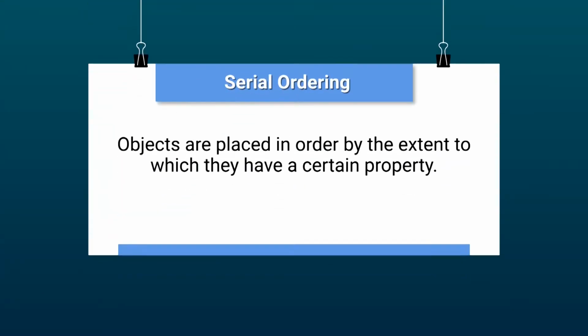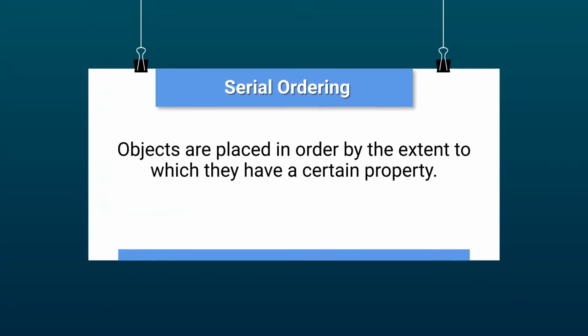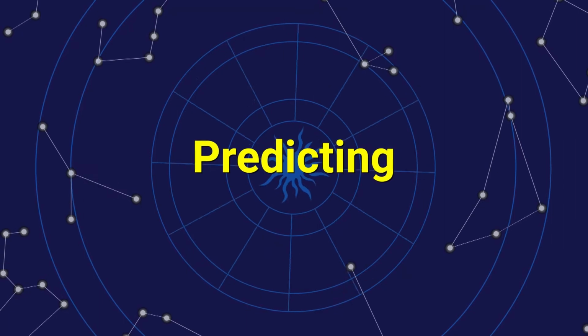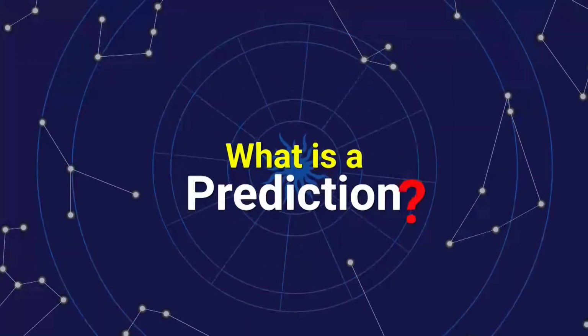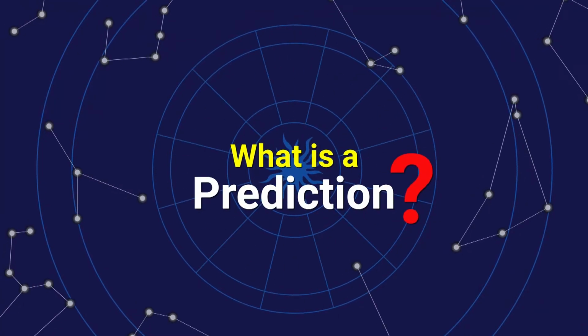Serial ordering. Objects are placed in order by the extent to which they have a certain property. For example, rocks may be placed in order from smallest to largest or lightest to heaviest. Predicting. Predicting is another important process skill. What is a prediction? A prediction is a guess about what might happen in the future based on observations that